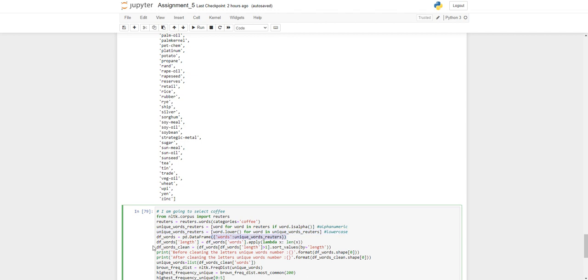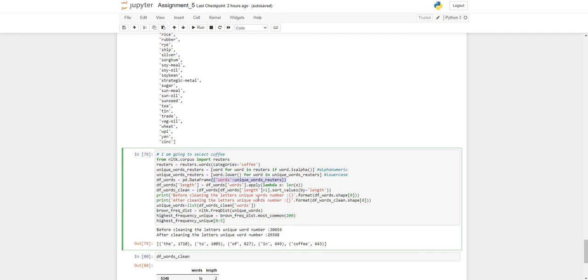Then I'm going to look at the length of each word because I want to eliminate any stray letters in there, and print out the length before the cleaning, where the unique word count is 30,656, and then after the cleaning, excluding any length less than 1, I'm having